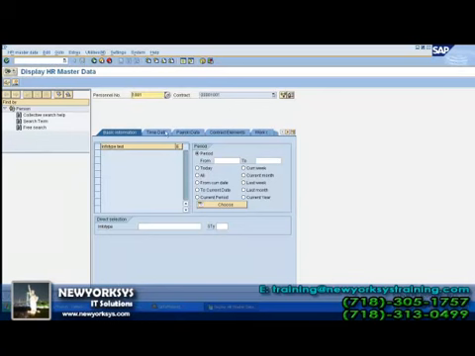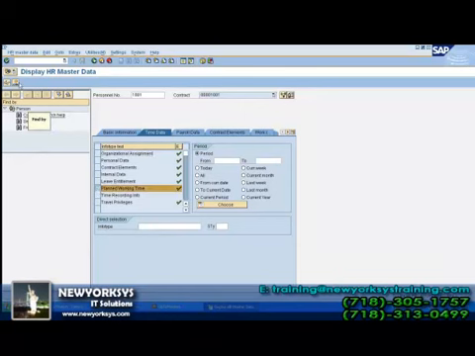Once you press enter, here you are unable to see any data because somebody has changed this, and the server you are using may be used by many other people. So never share your personal data or personal telephone numbers on the SAP server. So this is the personnel number, and you want to see the data of this particular employee. Can you please select planned working times, and go to Display, which is on the left corner of the screen. Once you click on that, you will be able to see the data.